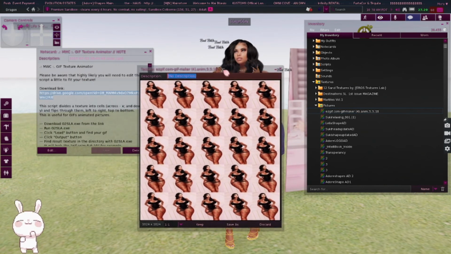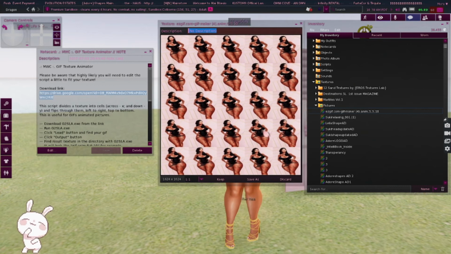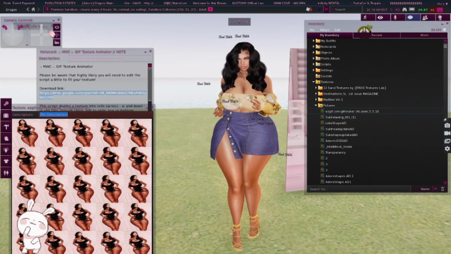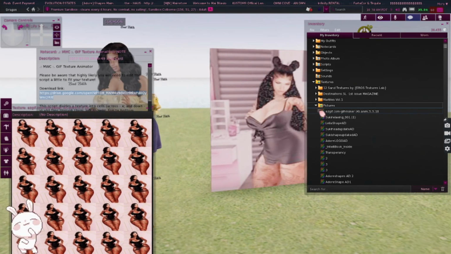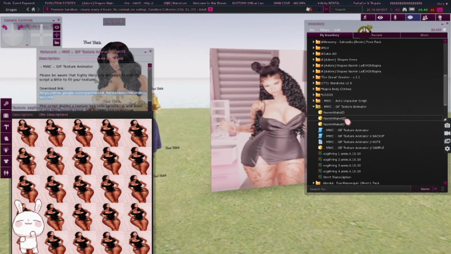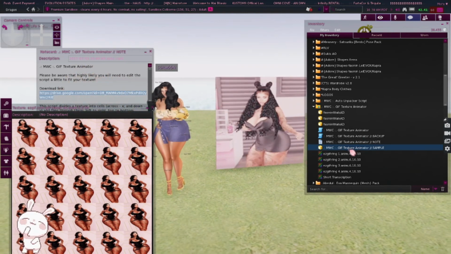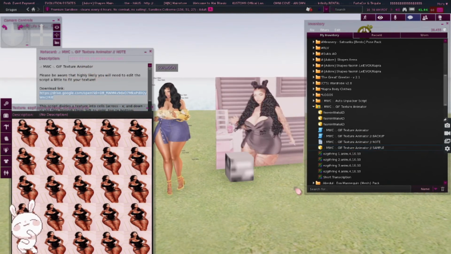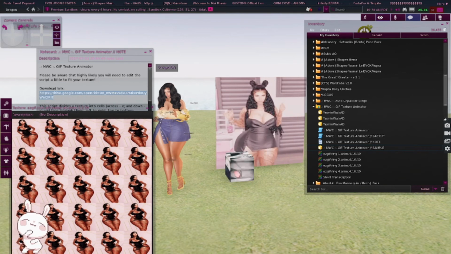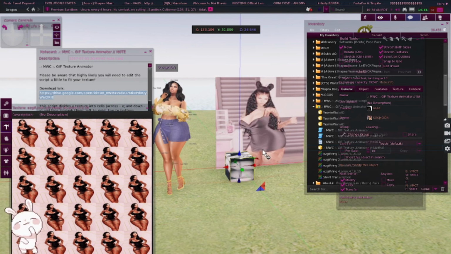Now, again, this is just from what I've already done. But this is what you're going to see once you upload it. It's going to be in a whole bunch of frames like this. So then you're going to take out the example, the GIF example, whatever you call it, the sample. I took the sample out, like that, and it's going to look like this because he already put stuff in it. You're going to hit the edit button,